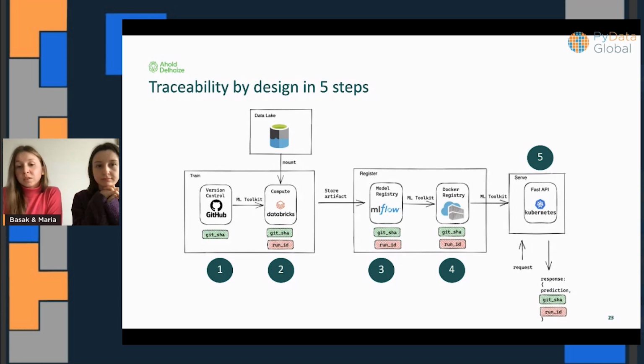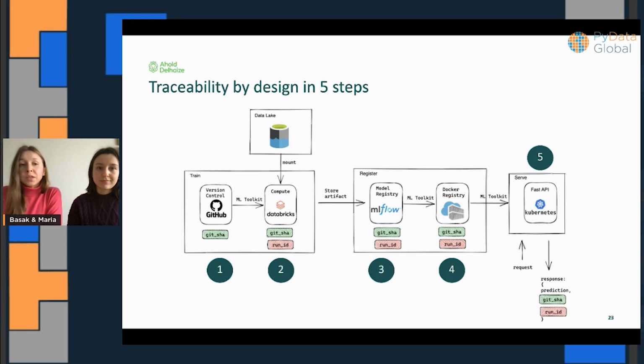They are used by the front-end team, and it is very handy for them to know, in case we do A/B testing, that the API they call will produce different responses with git SHA and run ID, which will be different for model A and for model B. So if they start to see weird performance for one of the models, they can tell us exactly what run ID was producing those weird predictions, and we can fix it. So it makes it much easier to communicate with the team and makes our life in the end much easier.